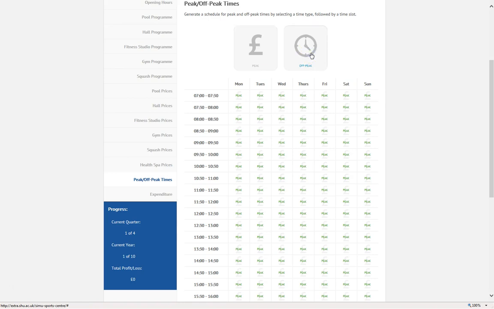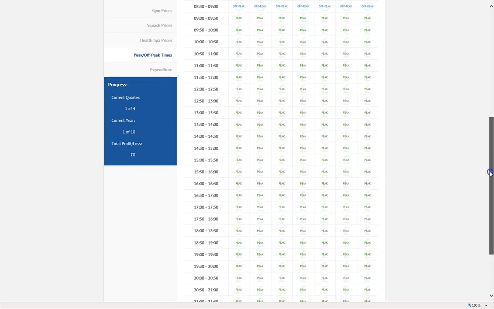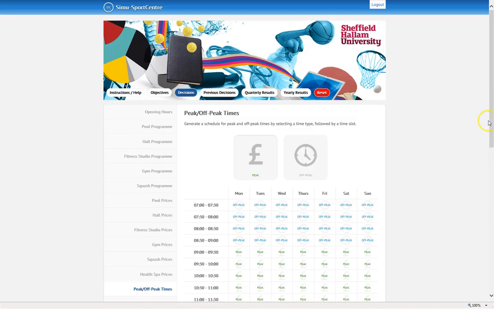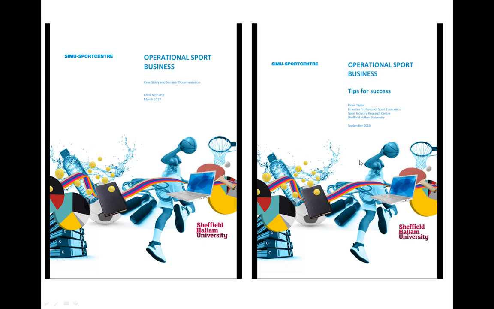To do this, it's similar to the programming category. We click on when we want peak and off-peak to apply, and we can click and drag, and this will set to peak or off-peak the times that we want the relevant price to apply. So once you've made the changes, again save the schedule and you're ready to move on. So having just set the prices, it's worth making a learning point or discussion about